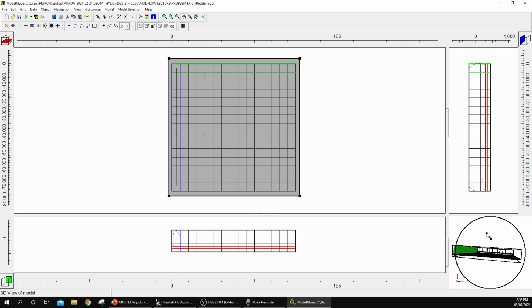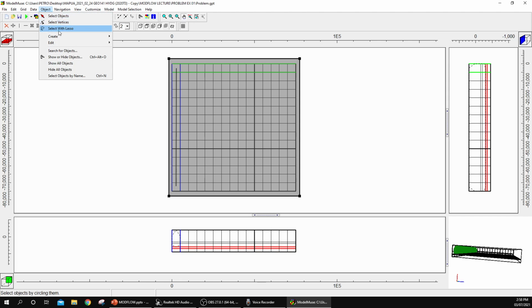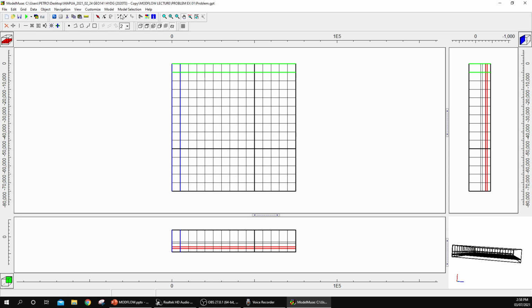Alright, now we will be proceeding to adding the well objects. So first we have to hide all the existing objects so we can easily place the well objects. Now we will be adding 3 sets of wells. The first set will only cover the upper aquifer,